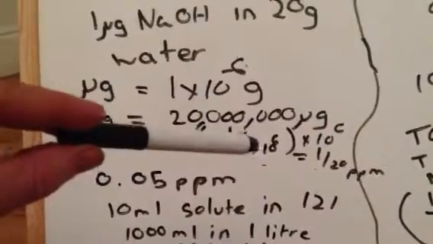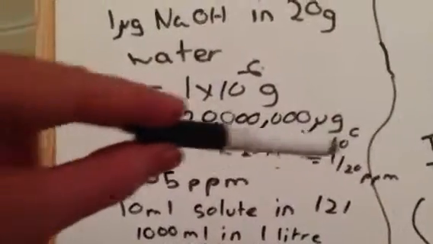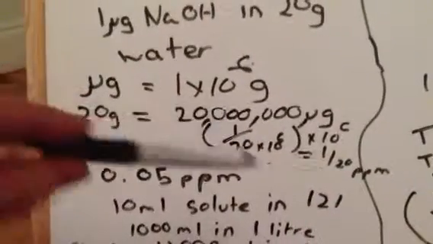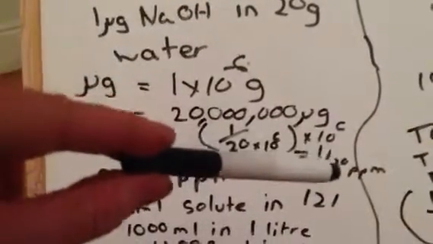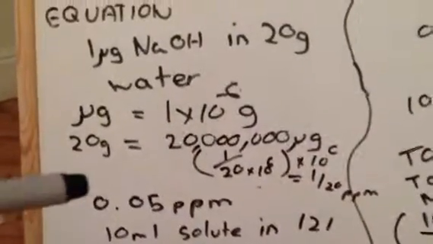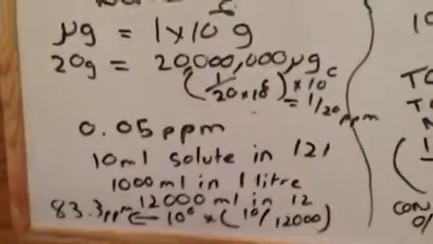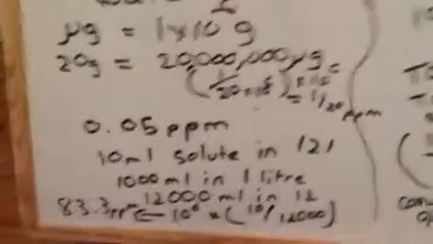Well, 10 to the 6 as a denominator multiplied by 10 to the 6 cancel each other out and make 1. So it can be simplified down to 1 over 20 parts per million, which as a decimal is 0.05 parts per million. Imagine, similarly, if we had a question that said we had 10 millilitres of solute in 12 litres